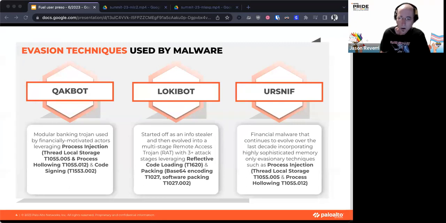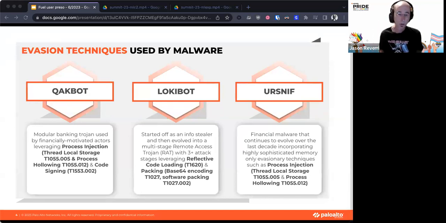This started off really as an information stealer, but it's evolved into a multi-stage remote access Trojan, or RAT, sometimes leveraging 3 different types of evasion techniques, such as reflective code loading, base64 encoded packing, etc. Ursnif is a financially motivated malware that has really evolved a lot in the last 10 years. They incorporate a lot of highly sophisticated memory-only evasion techniques, such as, again, process injection, thread local storage, and process